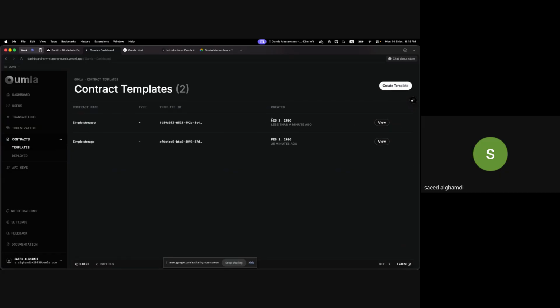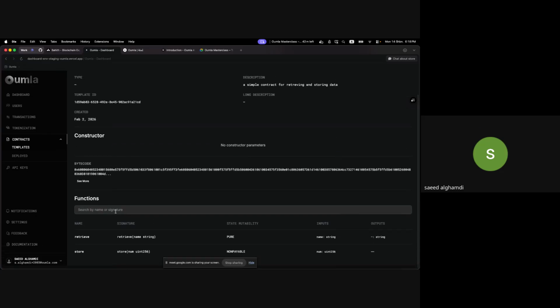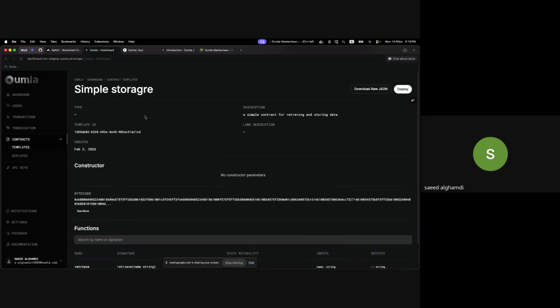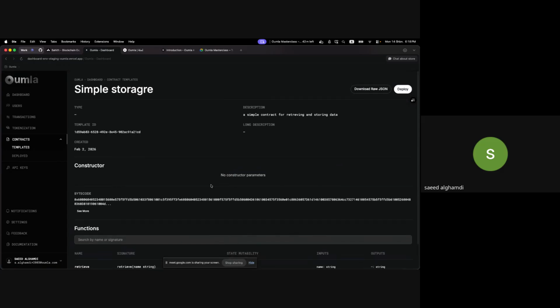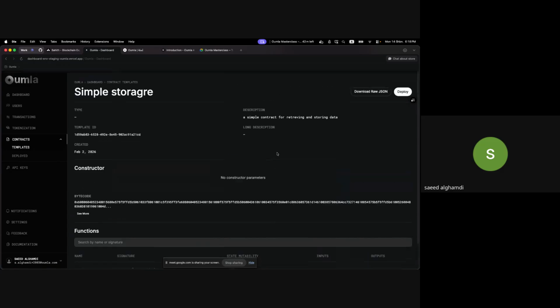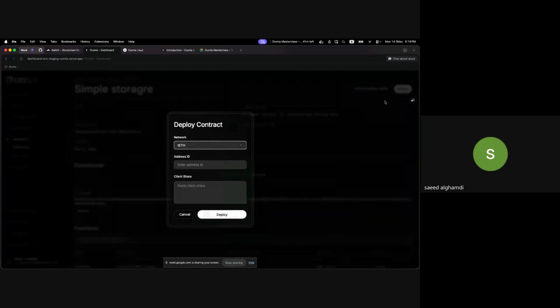Since we have this simple storage, we can go on the simple storage contract. We can see all the functions that we have on this contract: retrieve, store, and the inputs, outputs, bytecode, and if there is any constructor, it will be displayed here. We can deploy it since we created the template.